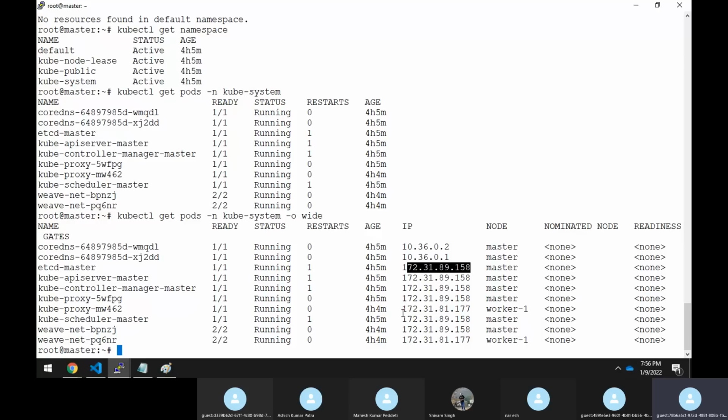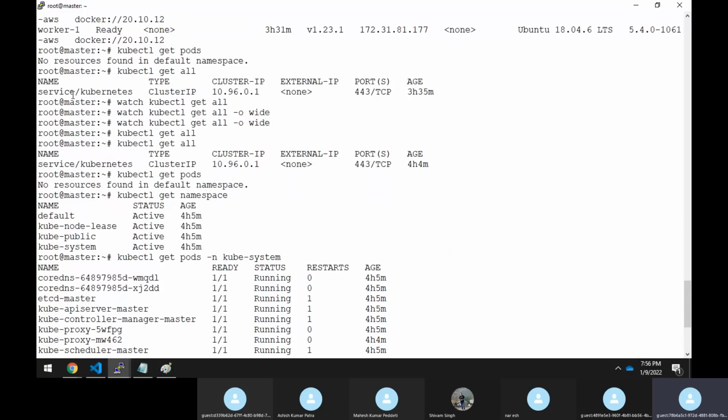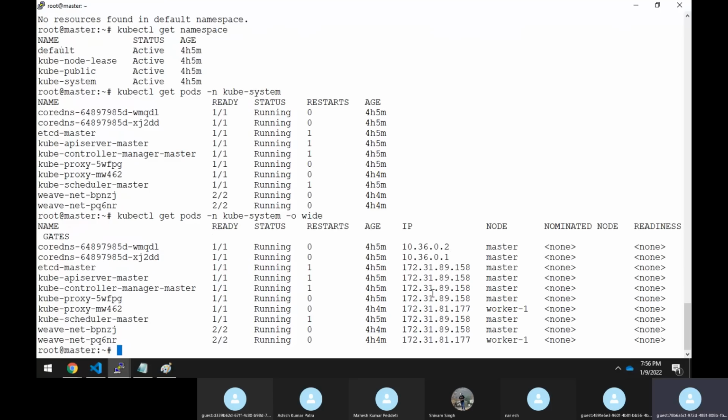Now, what exactly happens, right? All these different pods, they are communicating with the help of the service, sir. So very important, sir. And this IP address is nothing but the IP address of your master node, sir. Actually, if I execute ifconfig,